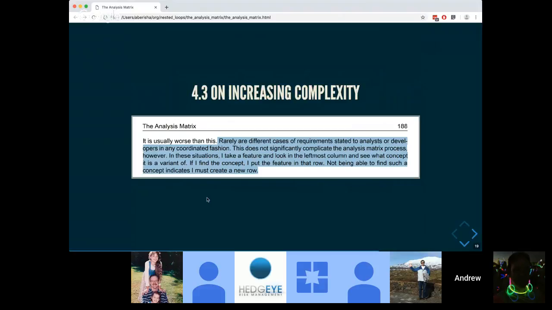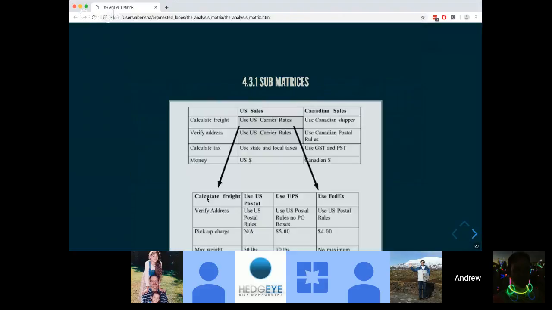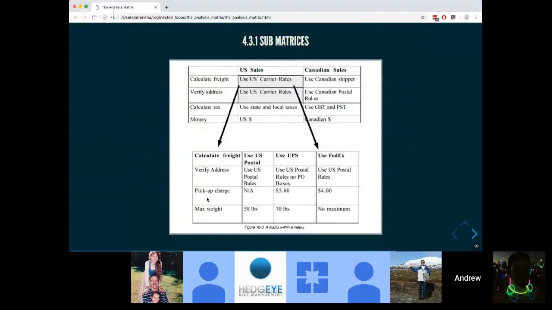Kind of nice to just get, in English, what he does with the analysis matrix. Submatrices doesn't go too much into detail, but the idea is that you might run into situations where your implementation requires making a matrix of more features, if that makes sense. So if you're asked to calculate freight for US, you'll have to then decide whether you're going to use US Postal, UPS, or FedEx. And with those, you have different